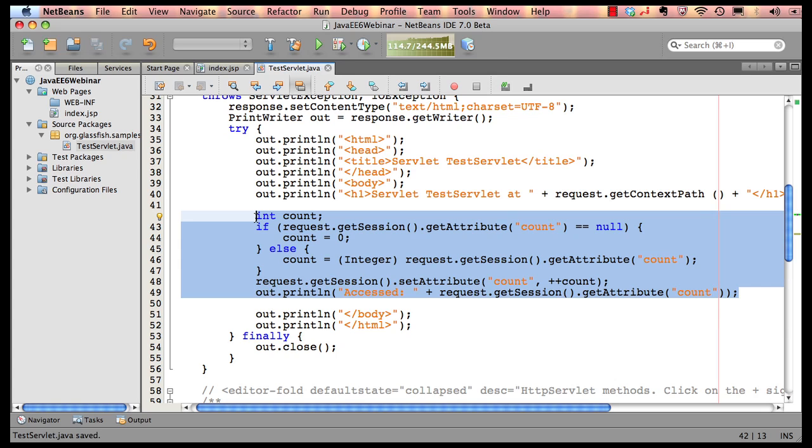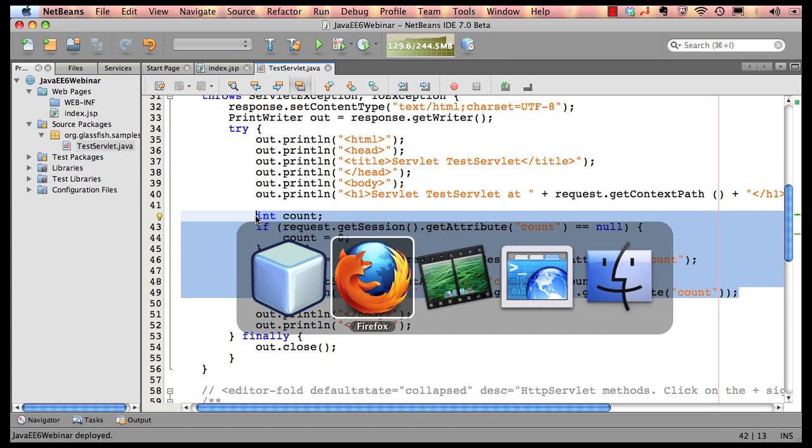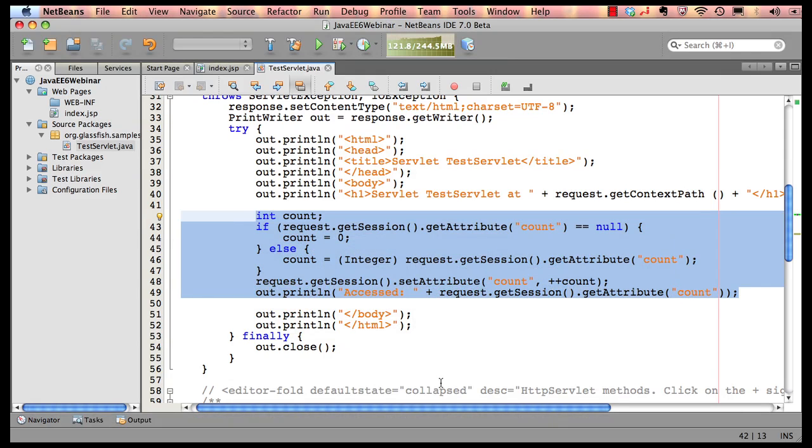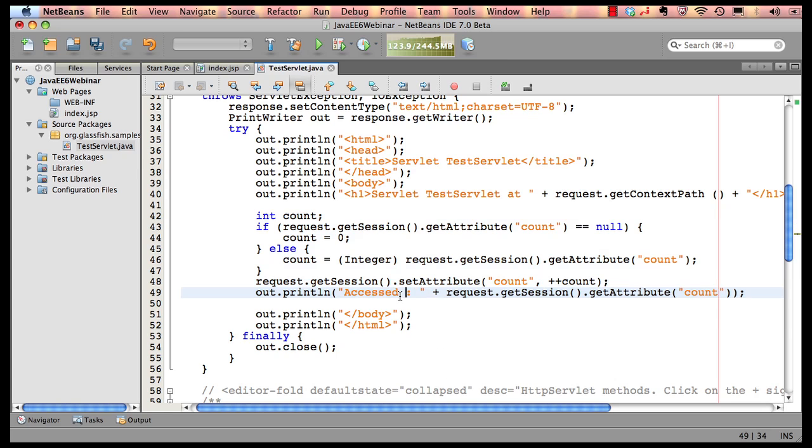So let's save this page here. And again, as I said, NetBeans automatically takes care of deployment for us. Go back to the browser, refresh the page, and here it says accessed one time. One more time, one more time. So accessed 3 times. Now I go back to the IDE, and let's say I modify the text here saying accessed again. I save the page,